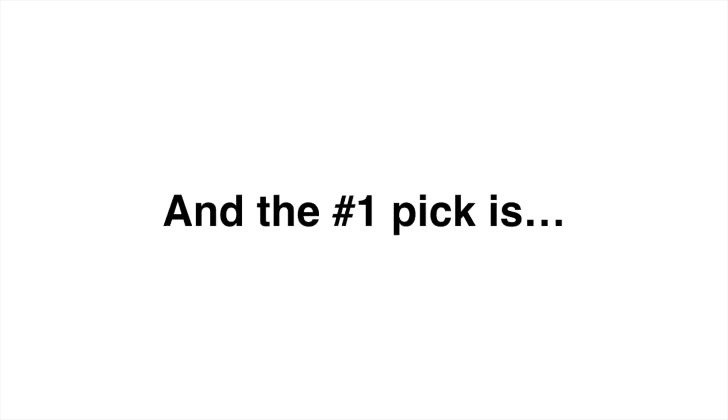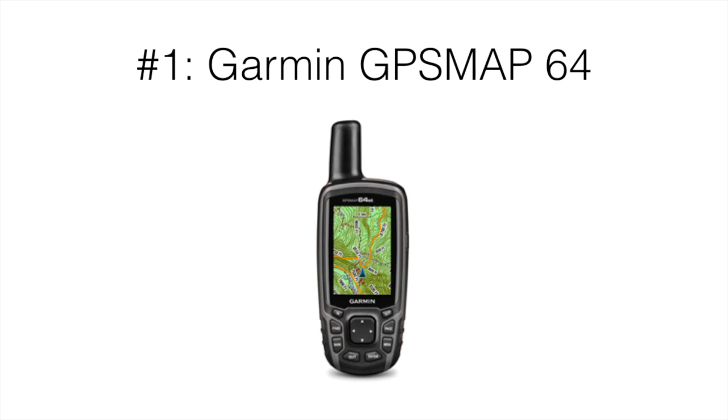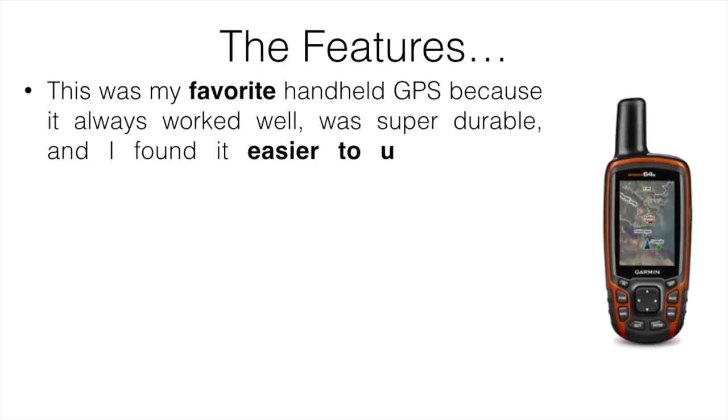And the number one pick is going to be the Garmin GPSMAP 64. This is my favorite handheld GPS because it always worked. It never really disconnected or anything like that. It was super reliable, it was durable, and I did find it easier to use than some of the other touchscreen models. It's not actually a touchscreen, you use the arrows and there are buttons on it. I find that's more user friendly,